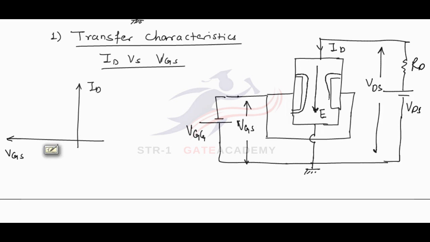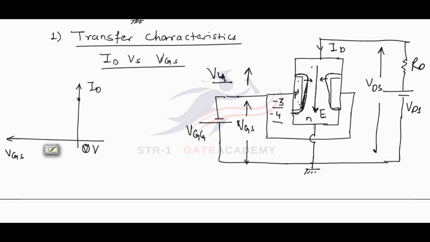It will be more towards the drain end and less towards the source end. But if we increase VGS in the negative direction, meaning this voltage is made more negative, minus 3 volt, minus 4 volt, then the reverse biasing between this P plus and this N channel will be increasing, and with increasing reverse biasing, the depletion layer will penetrate more into the channel. So when VGS equals 0 volt,